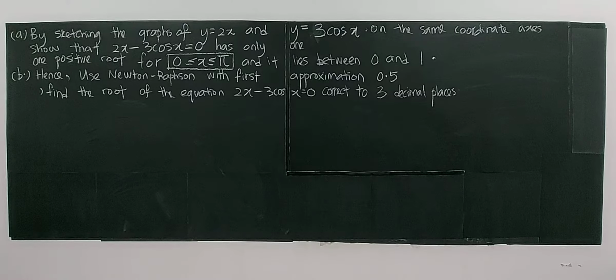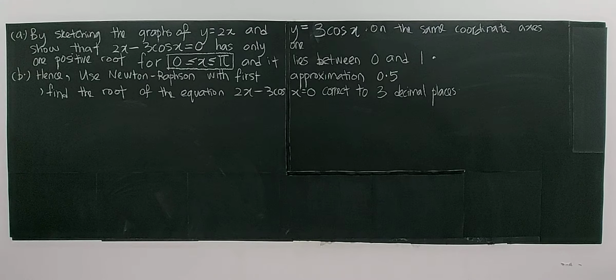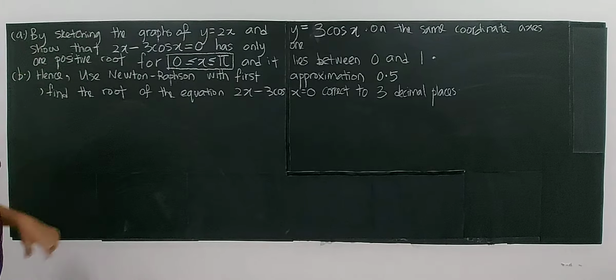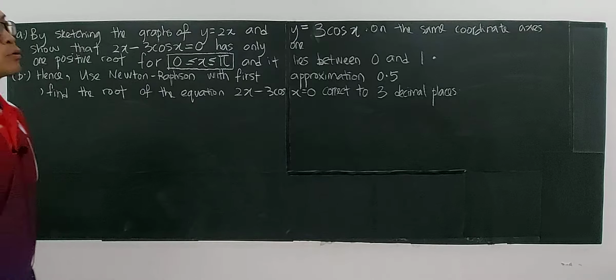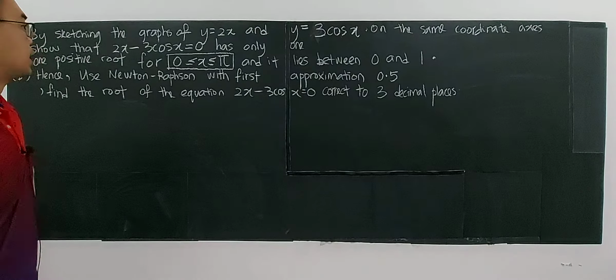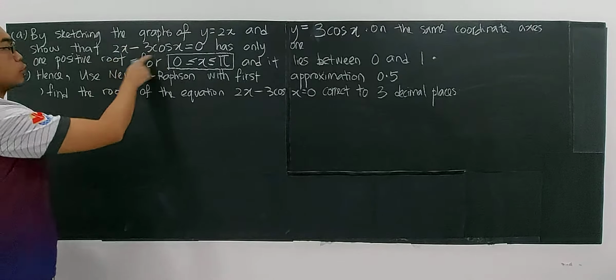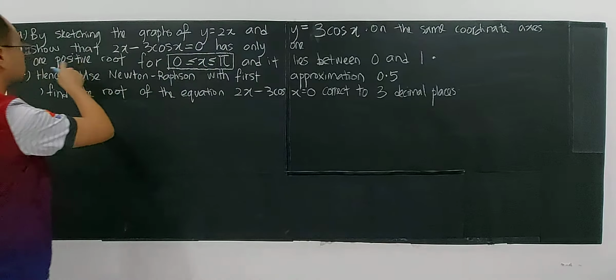Okay, this is another example of Newton-Raphson. The solution of a non-linear equation by using the Newton-Raphson method. Let's see what this is. It is a guided question where they are guiding you. By sketching the graph of y equals 2x and y equals 3 cos x on the same coordinate axis, show that this equation has only one positive root